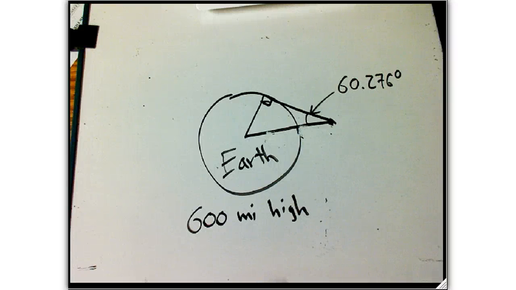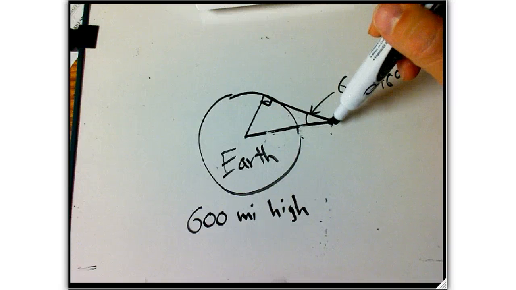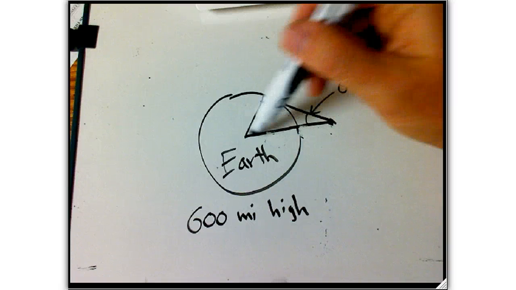Quick solution of a book problem that I suggested you use for review, just to get an idea of how these problems can vary. Not that something on the test will be exactly like this. So here's a satellite, and we discover that the angle between the vertical, in other words to the center